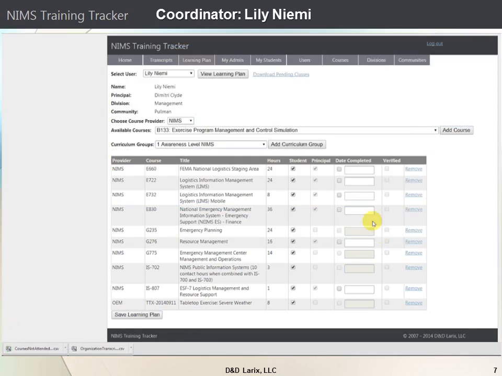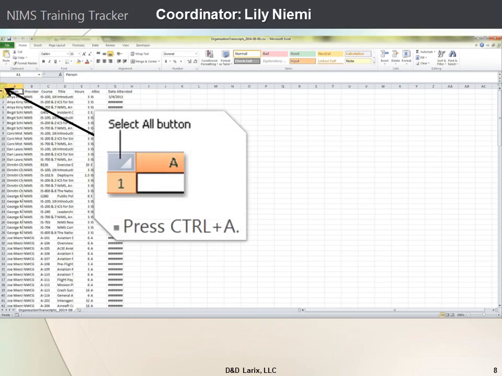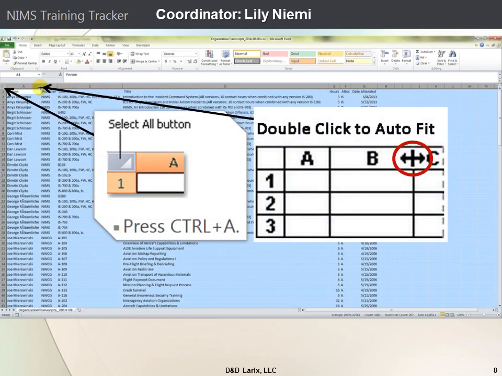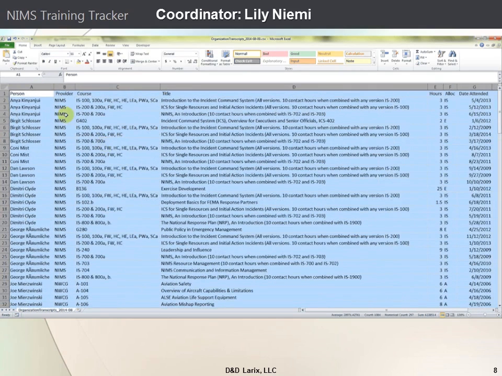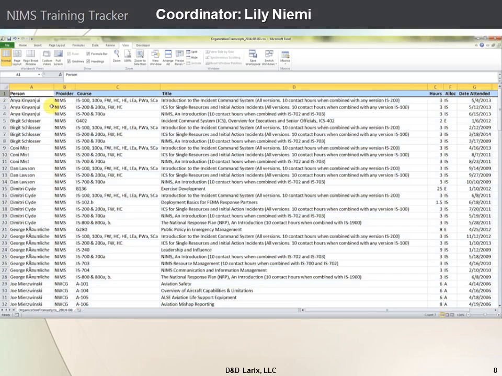With these files saved locally, she can click on the download list to open the file, starting with the transcript records. Opening the CSV file on her machine automatically opens the file in Excel. By clicking the Select All button and double-clicking between the two cells along the upper column, the Resize To Fit All command makes all text fit for viewing ease. By navigating to the View tab and selecting the Freeze Panes button, with the Freeze Top Row option, the headers will remain fixed. Lily navigates to the Home tab